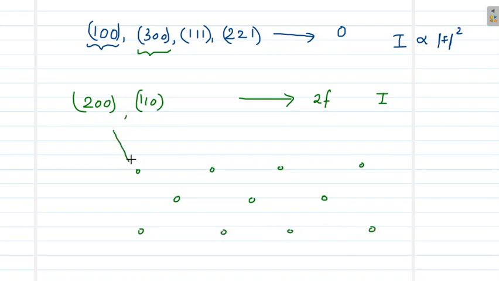So the scattered beam from the first layer will be like this, and the scattered ray from the second layer will be like this. So these rays will be exactly out of phase and will cancel out. This will be exactly a phase difference of pi. So all I need to mention is that if H plus K plus L is an odd number, then the structure